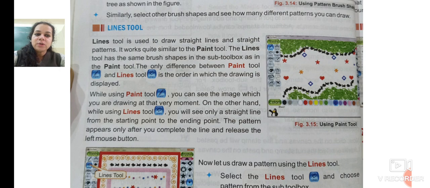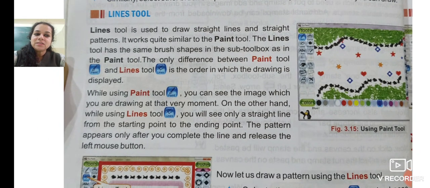The only difference between paint tool and lines tool is the order in which the drawing is displayed. In the paint tool you will see the painting in the middle, and in lines tool you will see the drawing done at the side, because it is the lines, and you can draw it as a border.